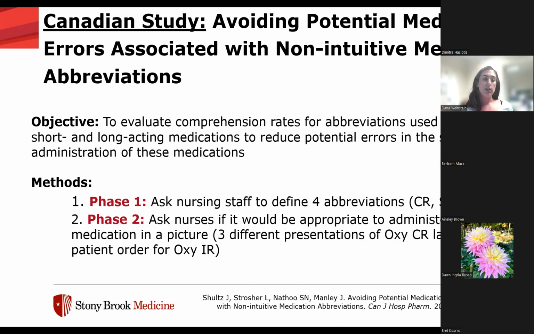And then in the second phase, the nurses were asked if it would be appropriate to administer a certain medication in a picture. So there were 3 different presentations of Oxy-CR label with a patient order for Oxy-IR. And in each of the pictures, they used the words short and long to help the nurses define whether each medication was short acting or long acting, and some had short, some had long, and you'll see in the results what that means. And essentially the objective of this was to evaluate the comprehension rates for abbreviations used to denote the short and long acting medications and to reduce potential errors in selecting these